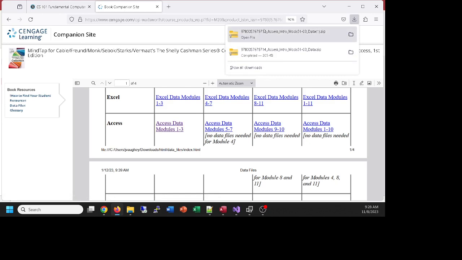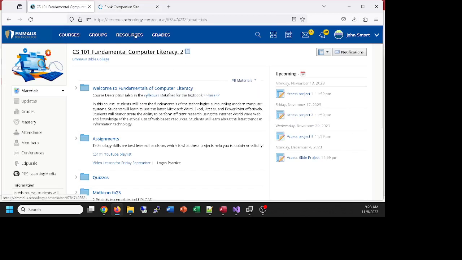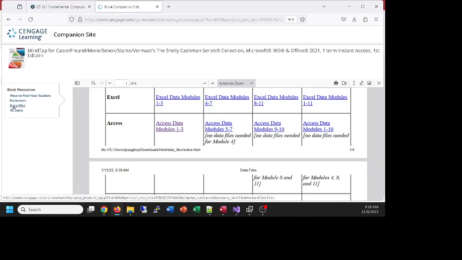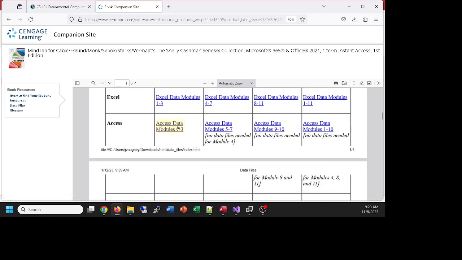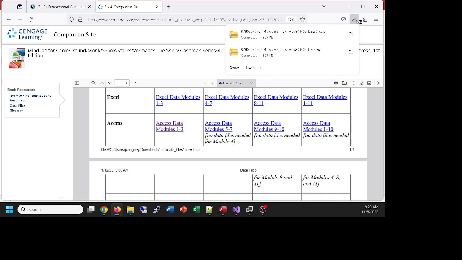These are the data we're going to be importing into our Access database. Anyone need that reviewed, how we got that? Data files, on that link, open the PDF, and go down to the Access section in data files, and then that will go down to your downloads folder, and I can go here and see my downloads,